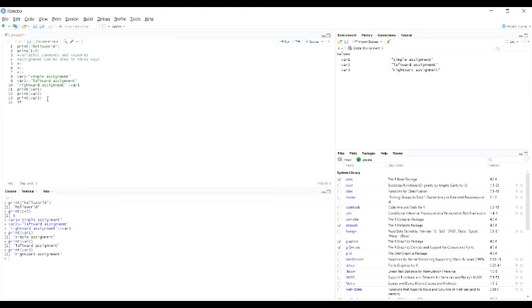I am going to write if of FALSE. FALSE should be in caps. Inside that I am going to give the multi-line comment, in double quotes.